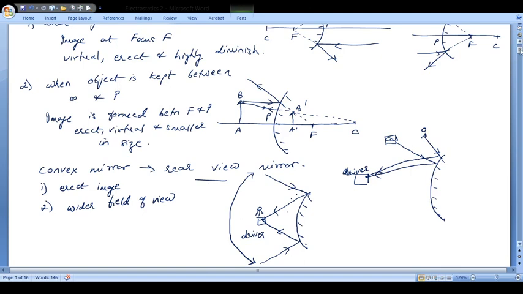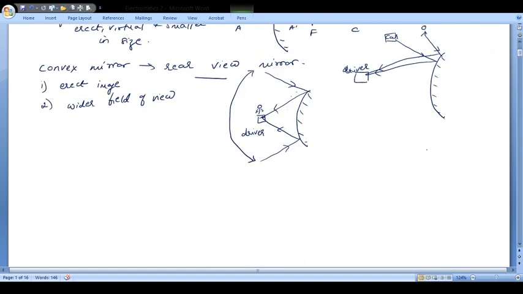If you try to use a plane mirror, say this is the plane mirror, let us suppose. What will happen is, if a ray is coming like this, and let us suppose the observer is here, this is the observer, then this ray will come up here, so this observer will not be able to see this ray. So here you will find that the field of view is decreased. Here the observer will only be seeing these things. In this case, if this is the mirror,